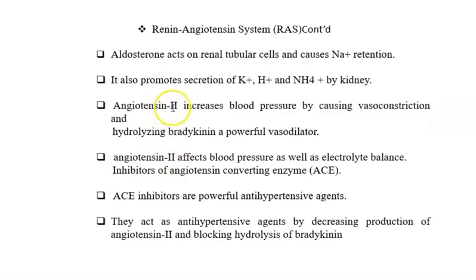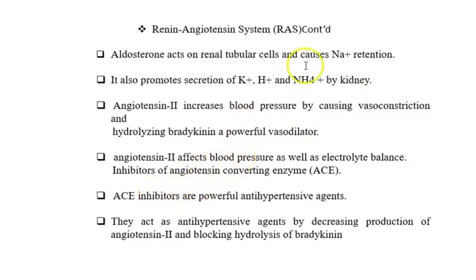It is this angiotensin 2 now that will stimulate aldosterone to start absorbing sodium ions or retaining sodium ions and promote excretion of potassium ion, hydrogen ion, and ammonium ion by the kidneys. Okay? But there are some factors that can limit